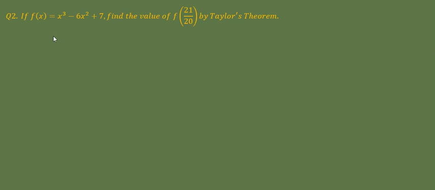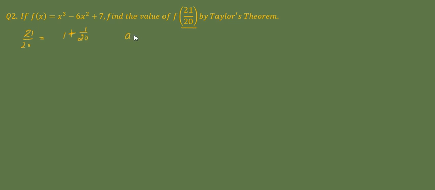इस क्वेश्चन में भी आपने ये जो फंक्शन गिवन है, इस फंक्शन की अप्रोक्सीमेट वैल्यू फाइंड आउट करनी है एट द पॉइंट 21/20. सो हम क्या करने वाले हैं, हम ये जो 21/20 है इसको ब्रेक करेंगे एज वी रिक्वायर्ड इन टेलर एक्सपेंशन. ओके, सो फर्स्ट आपने क्या करना है, 21/20 इस फ्रैक्शन को ब्रेक कर लेना है. सो ये फ्रैक्शन ब्रेक हो जाएगा 1 plus 1/20.